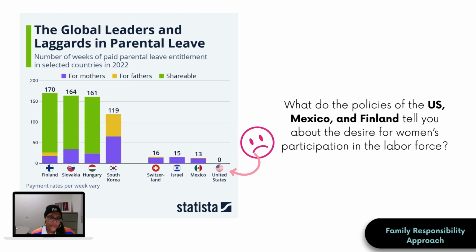Now, we haven't even gotten into the distribution of parental leave, right? Because typically the expectations, as you can see in Switzerland, Israel, Mexico, are that parental leave is for women. If you are the one who makes the baby, you should be the one that stays home with the baby. And we're not going to get into the injustices of that, right? Unless you're in a female same-sex couple, which more power to you, you're going to get a lot of time off paid parental leave in those places. Both of you, perhaps. But we haven't even gotten to that point yet, and we're already at a problem.